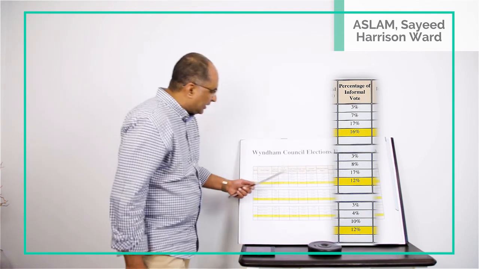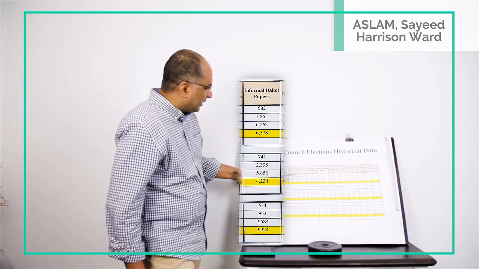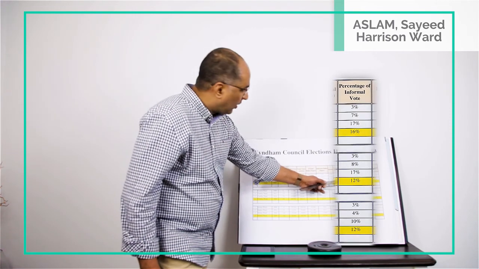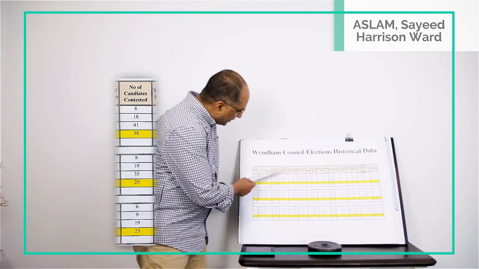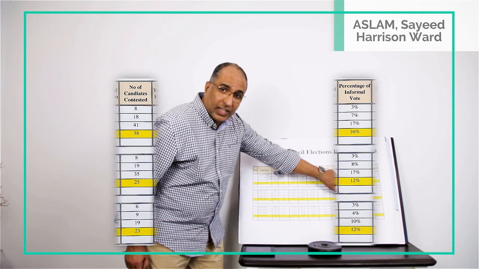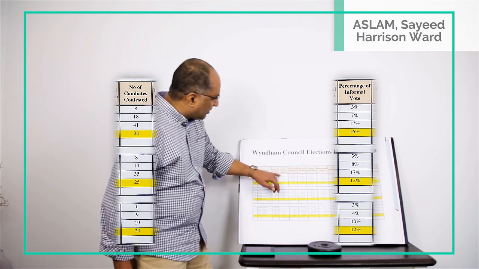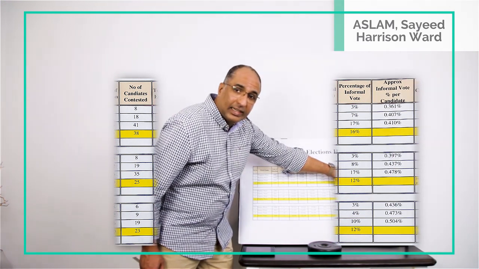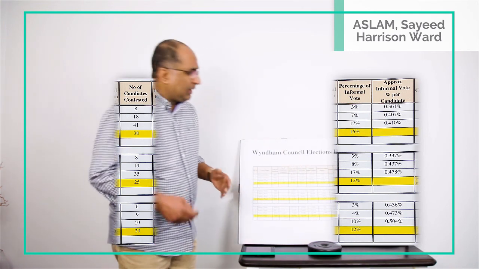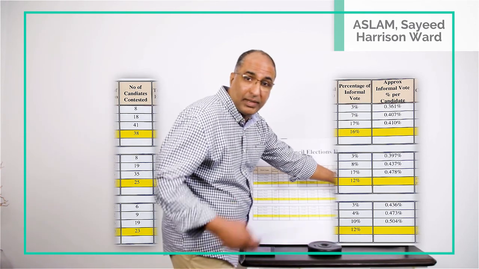Now, what I did is find the informal ballot papers and divide them by the total voter turnout, and you get the informal percentage. One interesting thing to note is the total number of candidates: if the number of candidates increases, the informal voting percentage increases heavily. It's simple mathematics. If you divide the percentage of informal votes by the number of candidates, you get the increment per candidate increase in informal votes. For every additional candidate contesting in Harrison, there will be a 0.41% increment in informal votes.